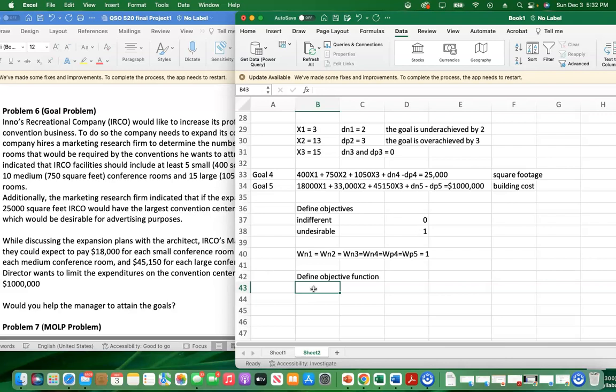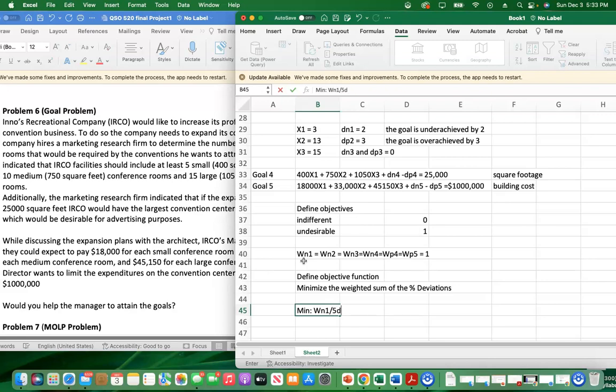Let me write here. So in this case, we can write it as minimizing, and we're going to consider this one, which is WN1. And remember, the target is 5, and therefore this will be divided by 5